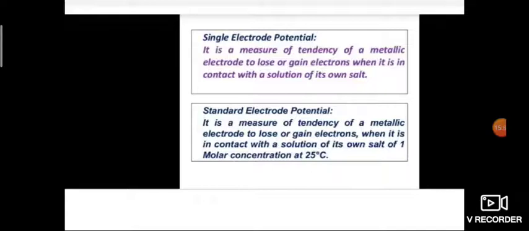You know that if a species is reduced, it acts as an oxidizing agent. Li+ accepts an electron and changes into lithium in the solid state. The standard electrode potential is minus 3.05. It is very low, so it is used as a reducing agent. So a negative standard potential means that the redox couple, where oxidation and reduction both take place, is a stronger reducing agent than the H+/H2 couple.